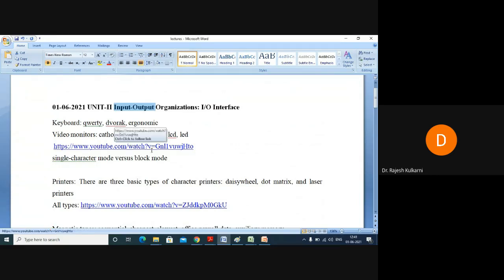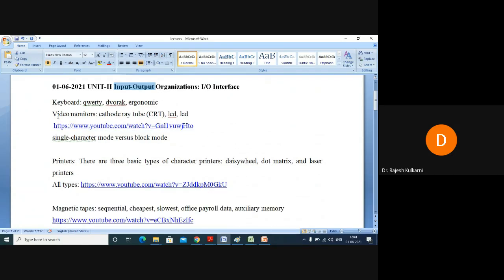Let us try to look at each one of them. We were mentioning video monitors. Say, for example, we are pretty sure about how LCD or LED is. We have seen it, but for our generation, CRT, cathode ray tubes. Even our initial TVs had cathode ray tube guns. Is it not? Similarly, your monitors also had cathode ray tubes. I have a 1 or 2 minute video which I'd like to play for you. Just be patient.